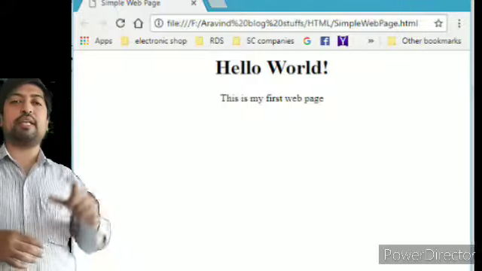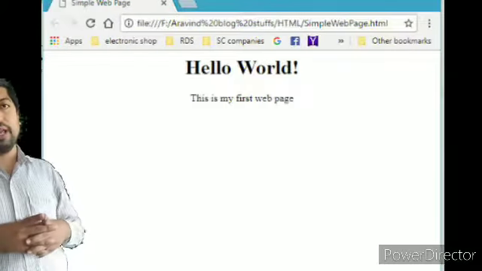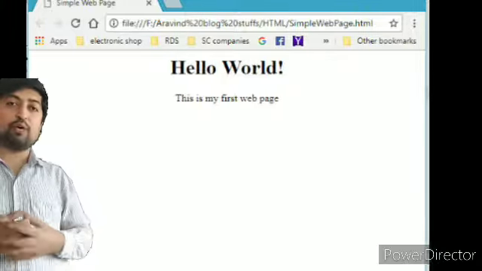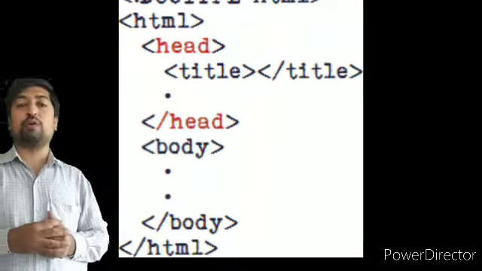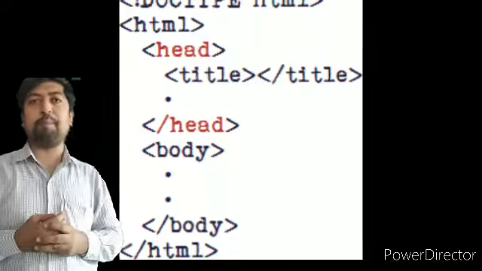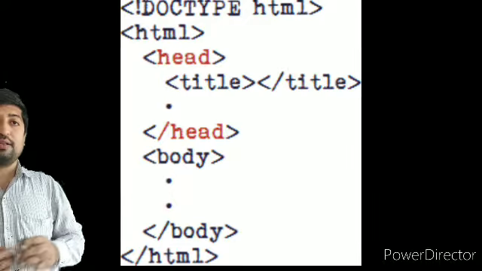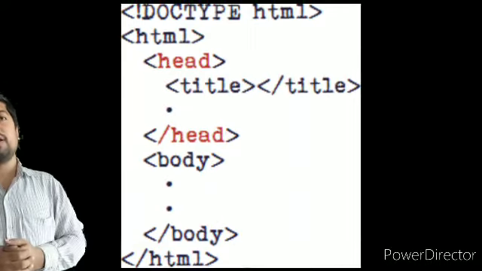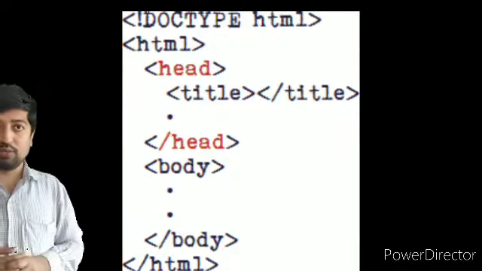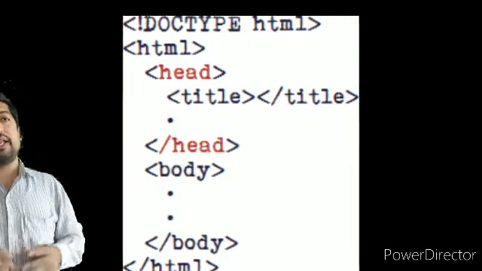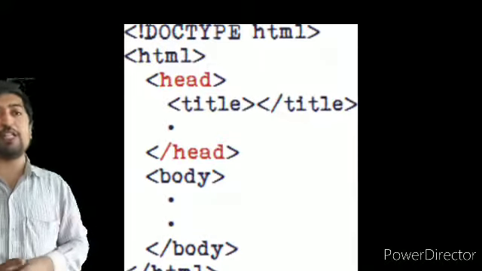In between the HTML start tag and end tag, there will be the coding. From that coding, the next part is the title part. We have to give a title for our web page. That time the title tag will be useful. In between the title start and title end tag, you have to give the name of the title. Inside you can give the heading for the web page also.